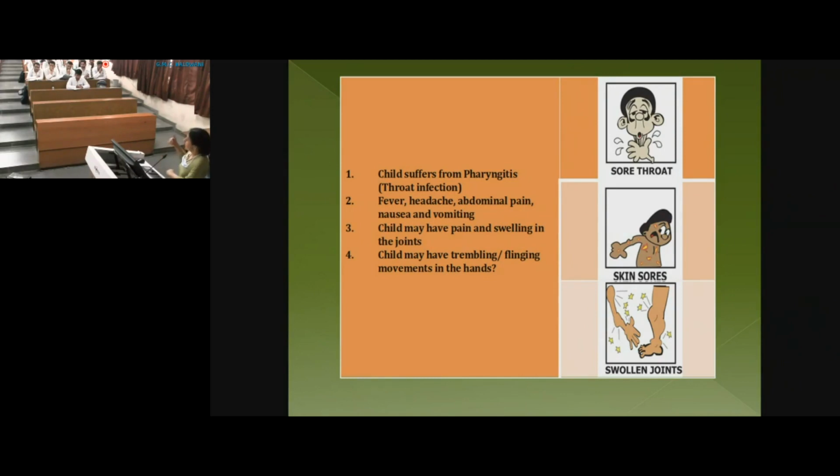And chorea comes very late. So many times, by the time a child comes to you with chorea, everything else has disappeared. Usually all the things will not be present at one point of time. So you may get a history of certain things. You may not find erythema marginatum, joint pains, everything present at a single go. Right? So some of the events are a little temporal. If you have a child with chorea, he may not have any other features, because by the time it comes, everything else has disappeared.